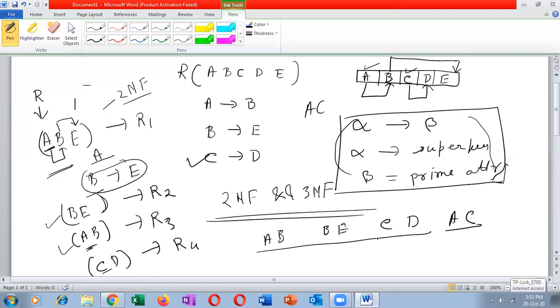So earlier, at the beginning, we found out that AC was the candidate key. So I have to form a table with AC. See, if I don't have this table, then how can I join ABCD? Because there is no common attribute here. So I can join ABCD with the help of this table AC. So for A, what is the value of C? In that way, I can find C and I can join this ABCD. So if I don't have this, then I cannot combine these two tables.